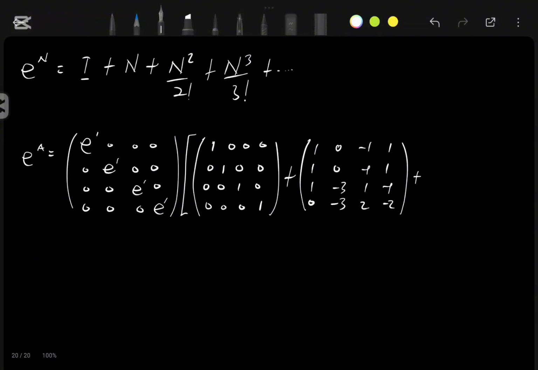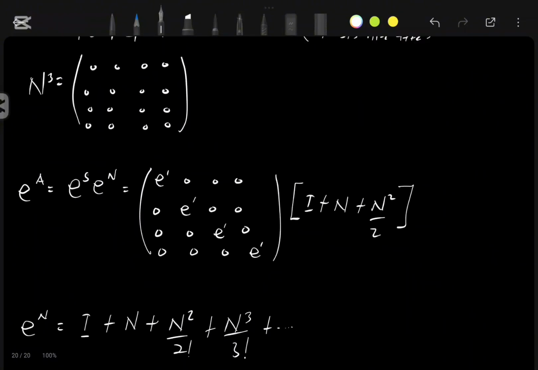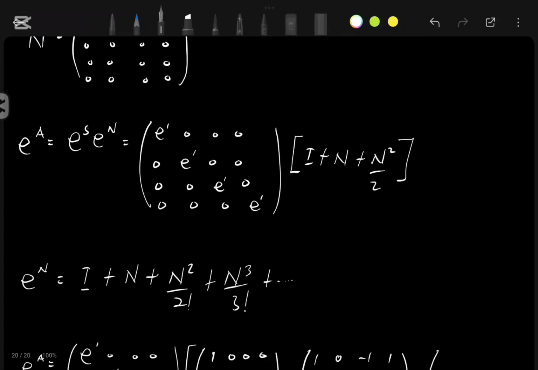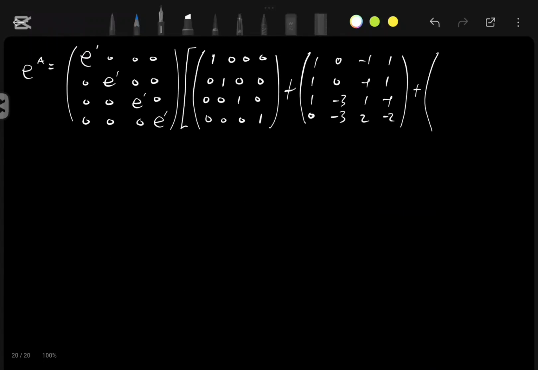And N squared is given by 0, 0, 0, 0, 0, 0, 0, 0, minus 1, 0, 1, minus 1, minus 1, 0, 1, minus 1. This is multiplied by half,